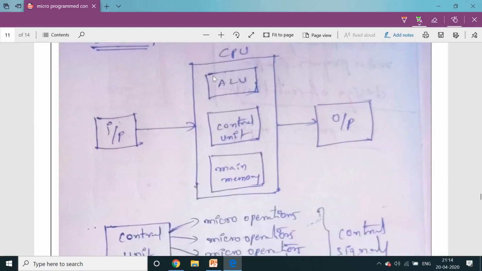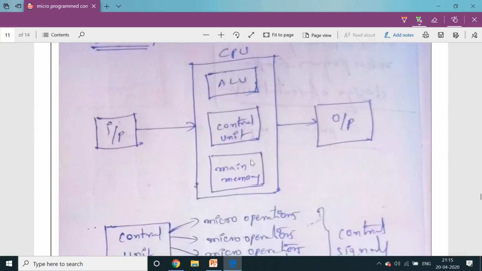Here in the CPU, the major blocks are the ALU and the control unit. Coming to the ALU, let us get a small idea about it. It performs arithmetic operations and logical operations, and it also executes shift operations and data transfer operations. Any execution will be processed by using the ALU.